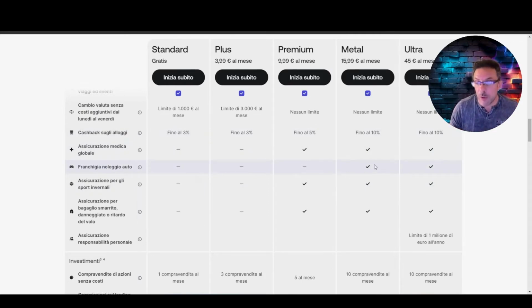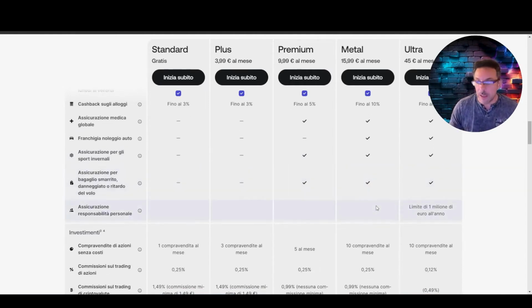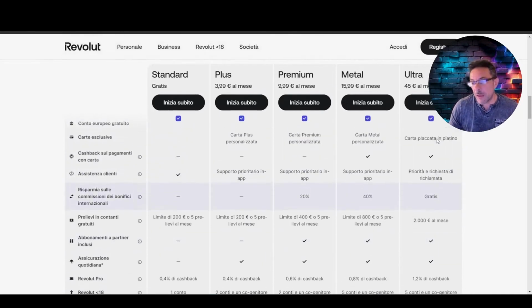So, for example, when you rent a car at the airport, you already have the rental company's excess, but they also give you this extra coverage included in your metal plan, which costs €16 a month. Again, insurance for winter sports, insurance for lost, damaged or delayed luggage or flights, and finally, we have the Ultra